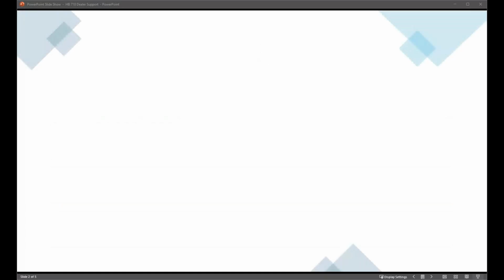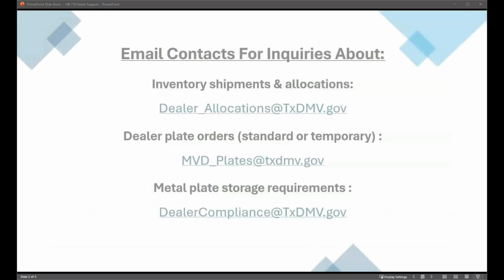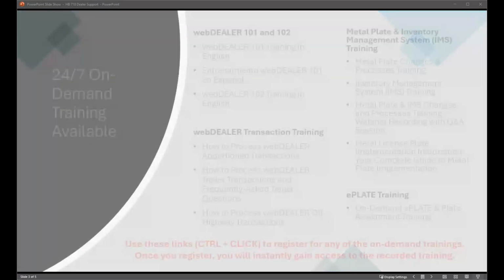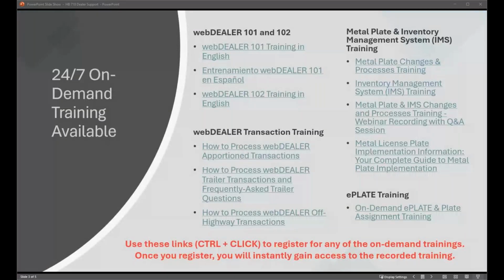Okay, how do you receive those stickers? Again, the county will let you know what that process looks like. If before you had to go pick up those stickers from the county tax office, more than likely it's going to stay the same. Get with that county and they'll let you know what that process is. Some counties will mail them to the dealerships, some will have you come pick them up, but each county is different and they'll let you know.